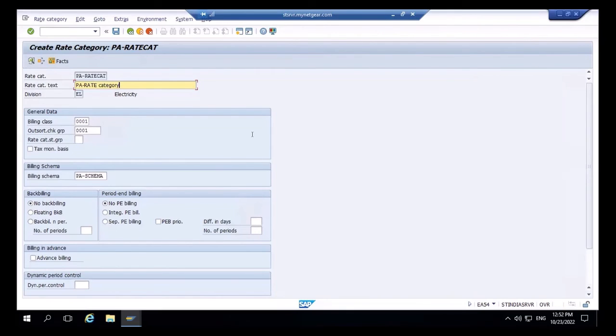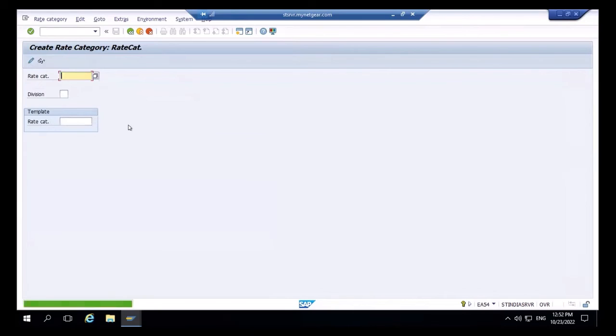Okay, just save. Okay, so your rate category is now created. Once your rate category is created, then we need to do a rate determination. So how to do a rate determination? You need to go to a T code